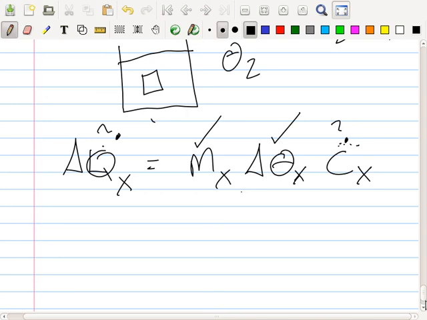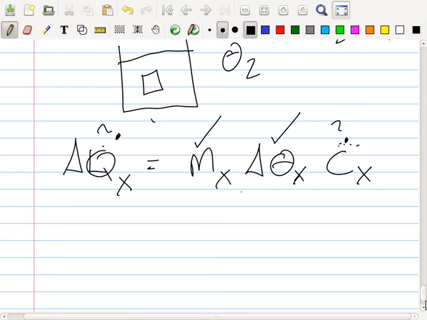If you just looked at the block, here's the block. What temperature is it? 100. I put in the water, it cools down. What's the temperature of it now? Theta 2. So the energy that comes out of this, I'm calculating, will equal the energy that goes into what? The water and the calorimeter.